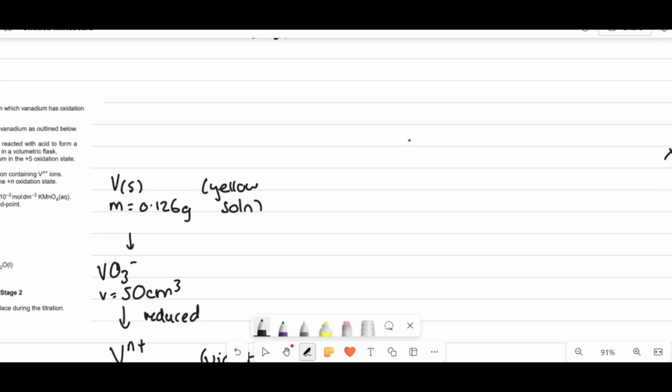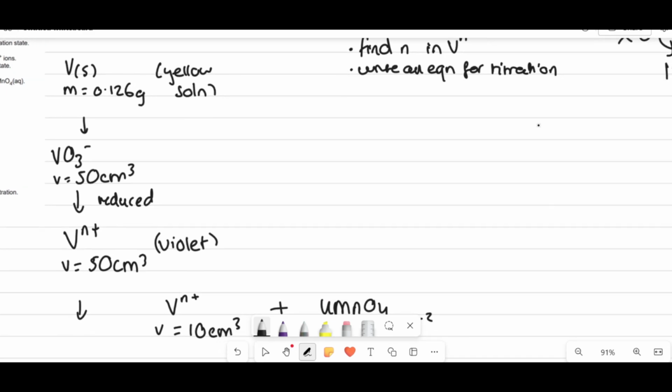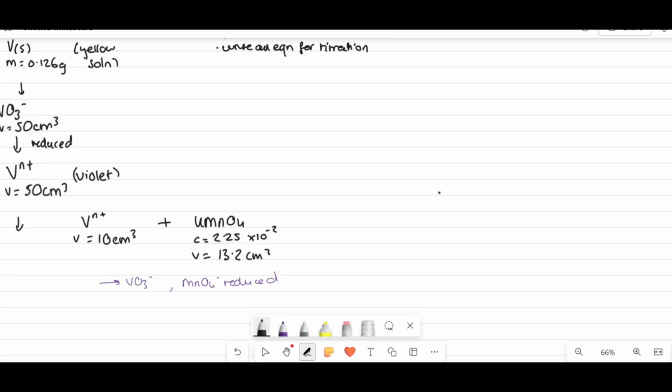So here, what's our problems list, if you will? That sometimes helps as well, is to come up with a problems list. So we need to find whatever n is in Vn plus, and then we need to write an equation for the titration. So what details have we got to work with then? All we know is that they got this solid metal, vanadium, they did all of this to it, and then this here. A good start, yes, is to work out the moles, but then have a reason for it, if that makes sense. The moles of